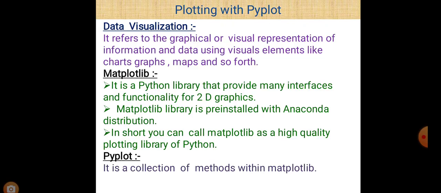First of all, if we want to represent our data in the form of different charts and graphs, then it is possible in Python programming using Matplotlib as a library. The Matplotlib library contains a collection of different methods. If we want to use it, we have to import the Matplotlib library first. And there is a collection of methods, or interface, called PyPlot, which is also used with the Matplotlib library. So using Matplotlib, we are able to draw graphs, bar charts, scatter charts, line charts, and histograms in Python programming.